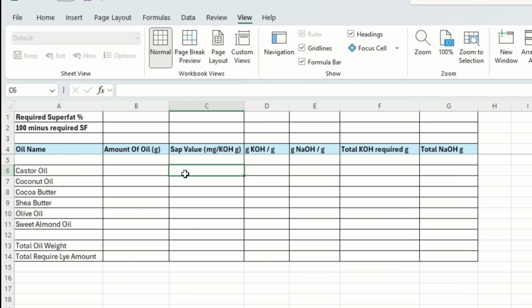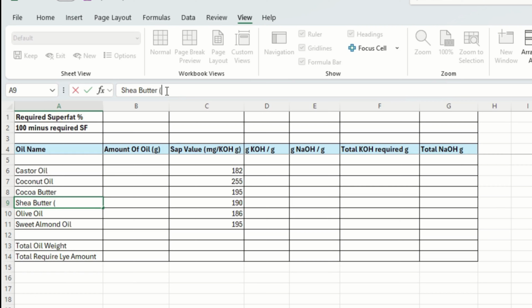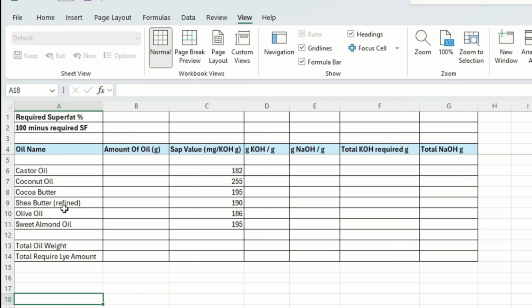I'm going to go ahead and fill in the SAP values for my oils now. So I have found and added in our SAP values here. What I am going to do is go back to my shea butter section, and in brackets here I'm going to put refined, because the SAP value of refined shea butter is marginally different to the SAP value of organic unrefined shea butter. So just so I know that is always going to be refined. If I wanted organic unrefined, I would add in another column with the correct SAP value for the organic. Something like olive oil, pomace and extra virgin have the same SAP number, so I'm just putting that in once